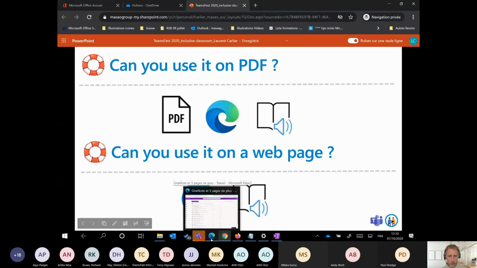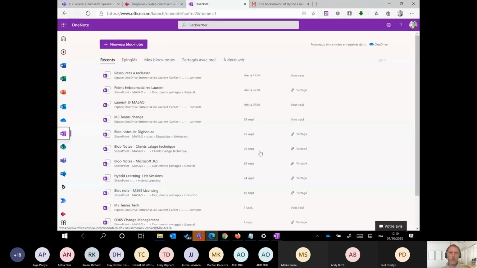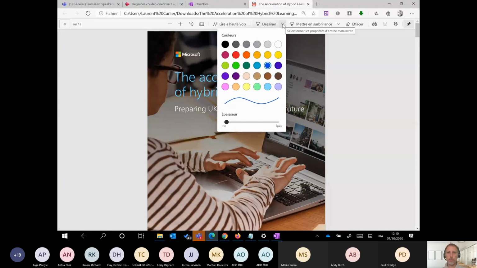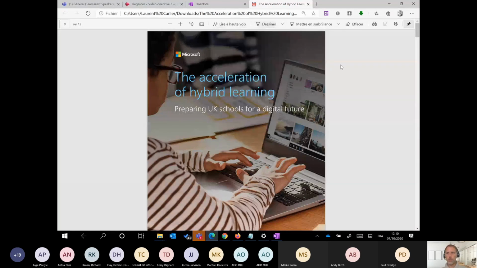So I jump to my Edge browser, and I have here a PDF, as you can see from this icon. Once I open a PDF from my hard disk in Edge, I will have different options right there. I can write on the text, and this is good if I have a pen for this. But the option that I am interested in right now is this one, Read Aloud, lire à haute voix in French. And when I click on this,